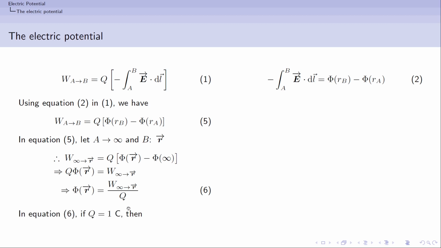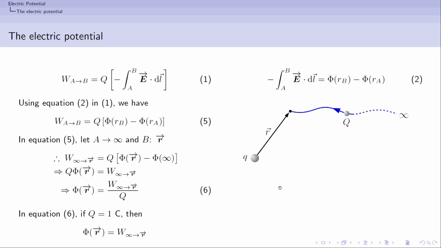So in this case, let's say if we put Q equals 1 coulomb, of course realistically speaking, we should not be putting a 1 coulomb charge, because that is going to disturb the very configuration whose potential we are trying to measure. But just hypothetically, let's say I make this Q equal to unit charge, that is 1 coulomb, then the potential will be equal to the amount of work done.